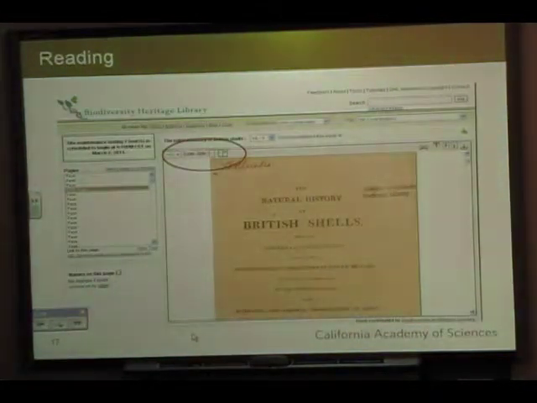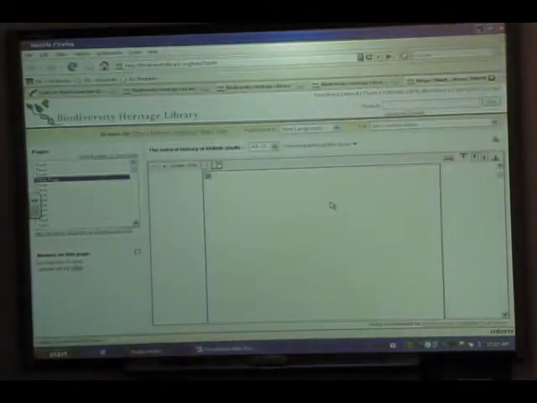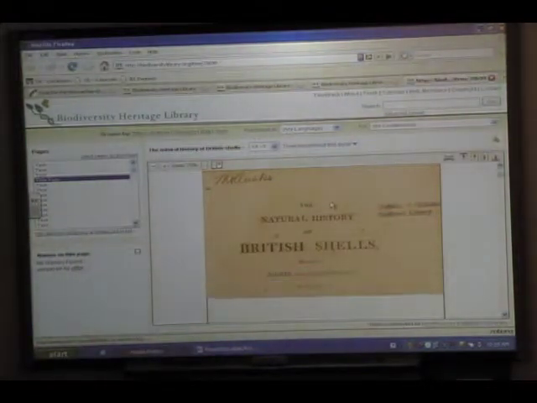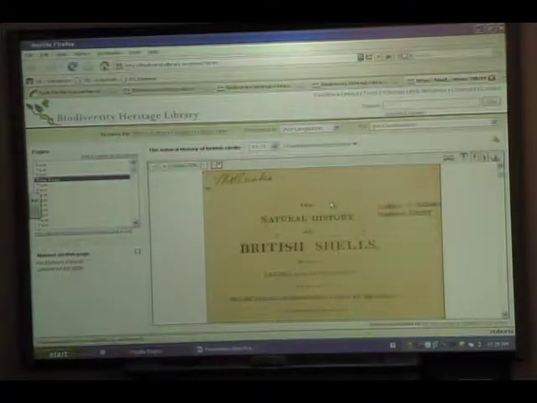Reading. There's a lot of different ways to read things in BHL, which I'm often surprised that a lot of people don't realize that. I'm going to go back to BHL now. Oh good, it loaded quickly this time. So here we are, looking at one of our texts that's in there. One of the things I'd like to point out is that down on the bottom, I'm going to wiggle my mouse down here, the contributing institution is down at the bottom there. I point that out because